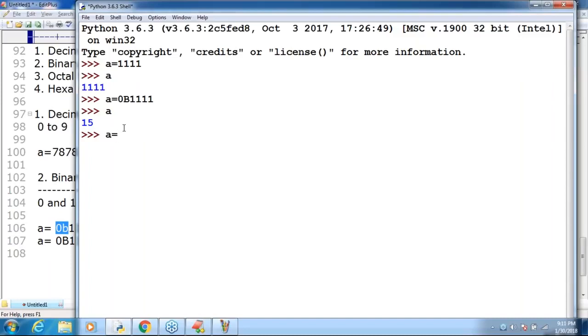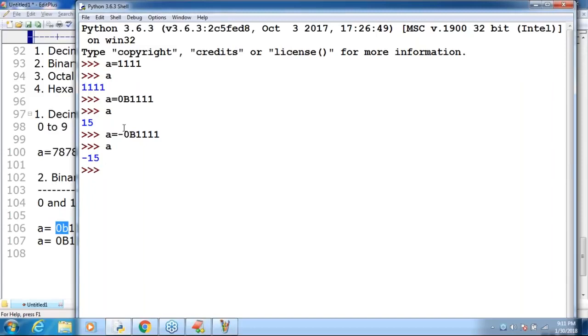A is equal to, sir, what do I have to specify? If you are going to use something like a negative, assume 0b, observe 0b 1111. A, if I take it, what is the value we are going to get by default, sir? Minus 15. Clear for all of you, right?